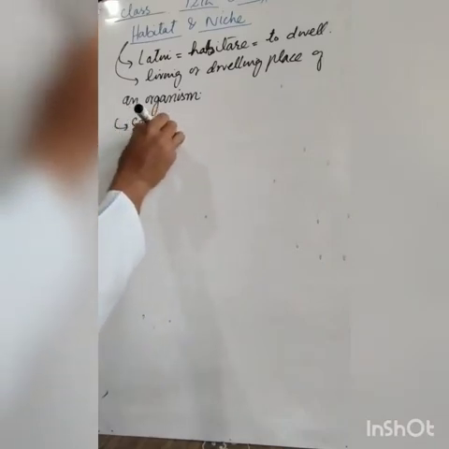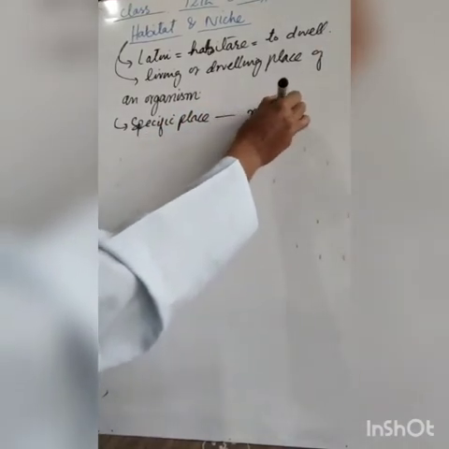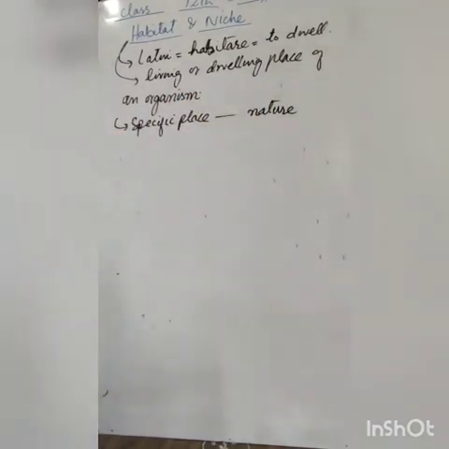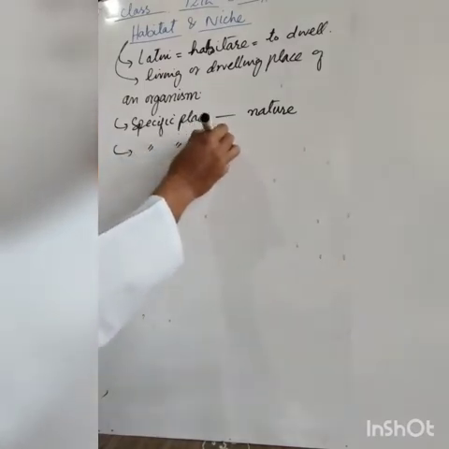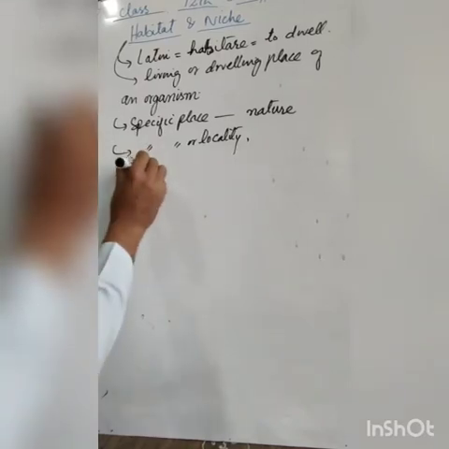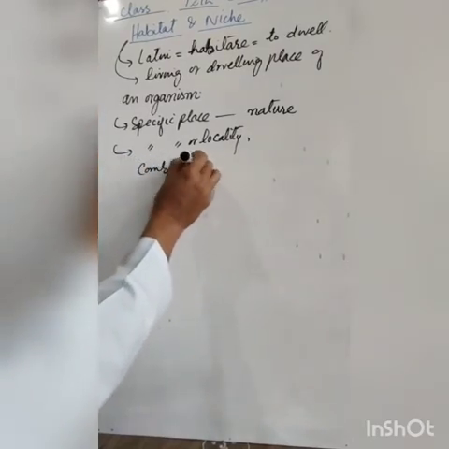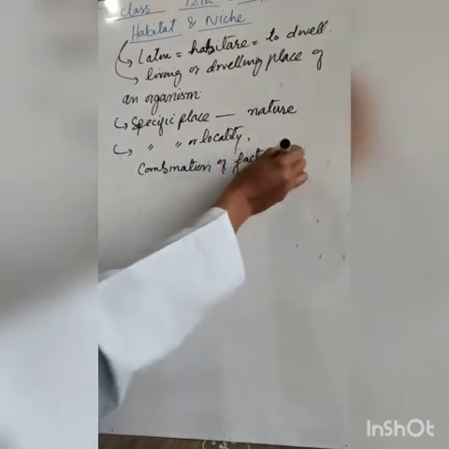It is also defined as the specific place where a species or population normally lives in nature. It is a specific place or locality, delimited by a combination of physical features and barriers